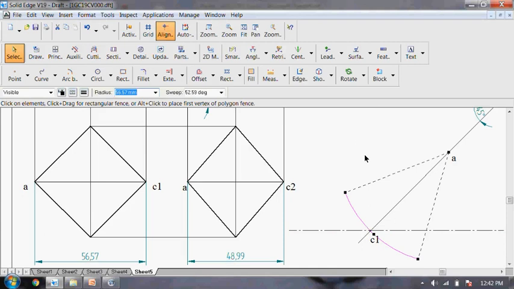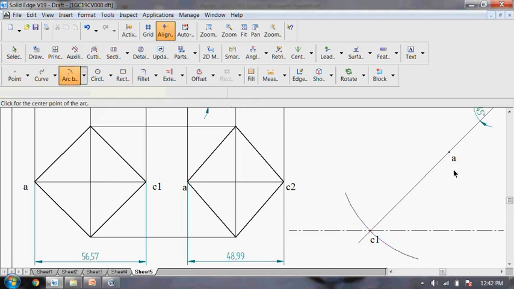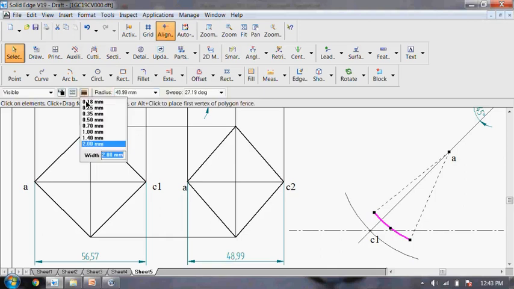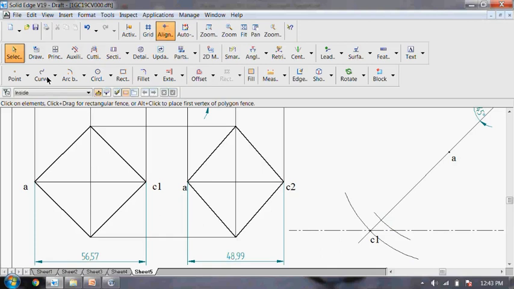Next step, we will go for another arc. The center point will be the same, so A will be the center point. So we will cut an arc of radius AC2, that is the median of the irregular lamina, which is found to be 48.9, and enter. So nearer to C1, you have to cut the arc. Select this arc, make it 0.13 or 1, and then place the point.